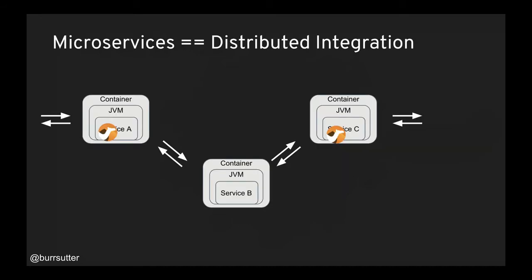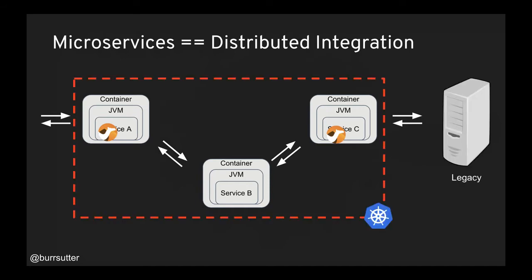So when we talk about microservices or running Camel on containers, it's more about distributed computing, but more about distributed integration. So for example, we have 3 services here, A, B, and C. So we could run Camel on service A and service C in the cluster. Now, for example, where it makes sense to use Camel